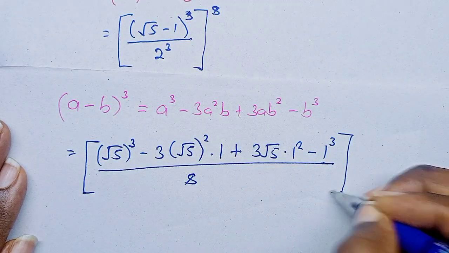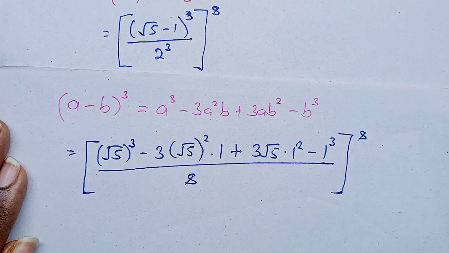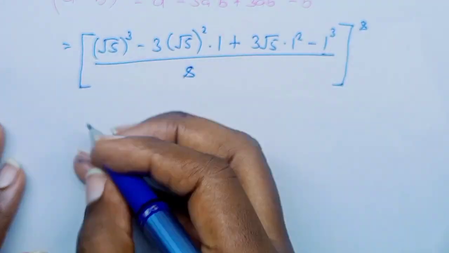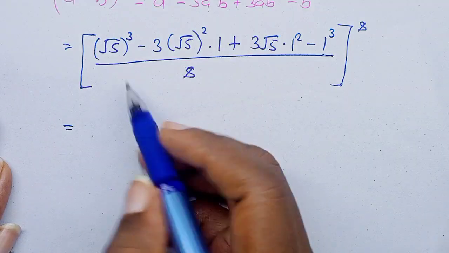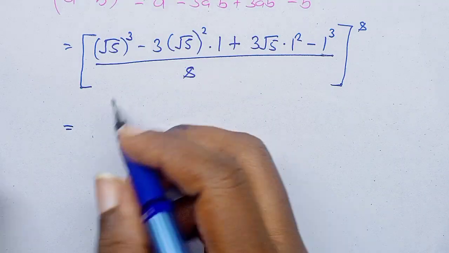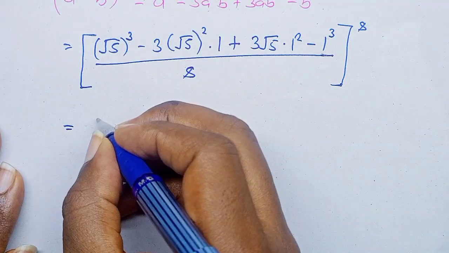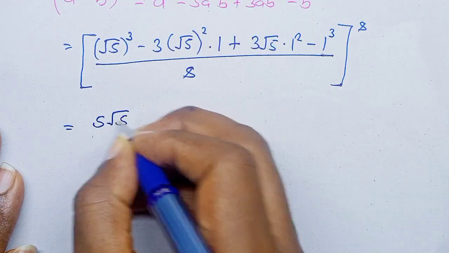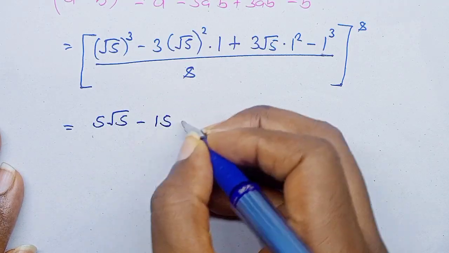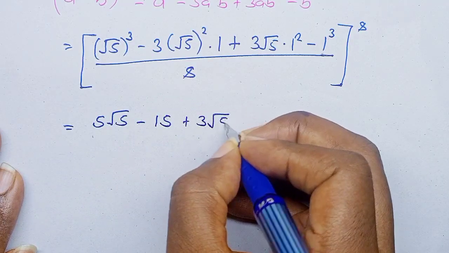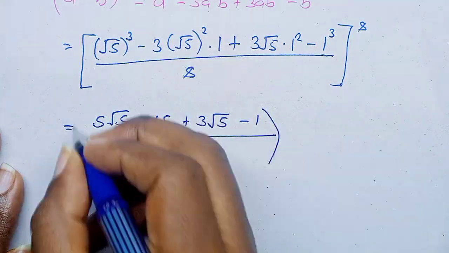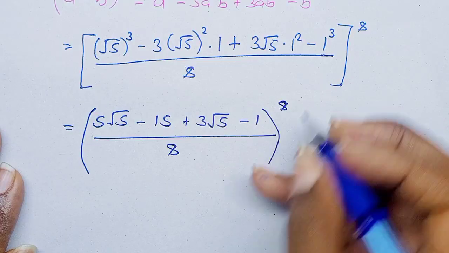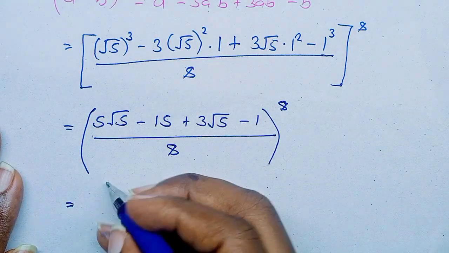So all this to power 8. Okay. So this is equals to, when we solve this, we shall get 5 root 5 minus 15 plus 3 root 5 minus 1 over 8 to power 8, which is equals to